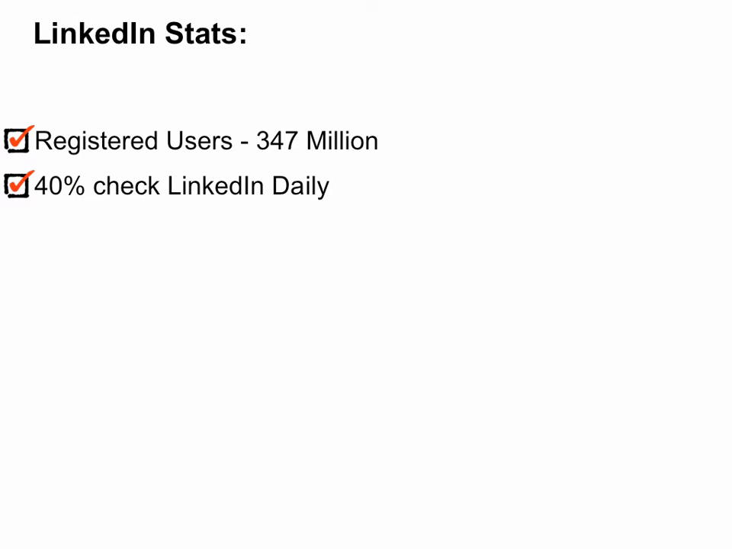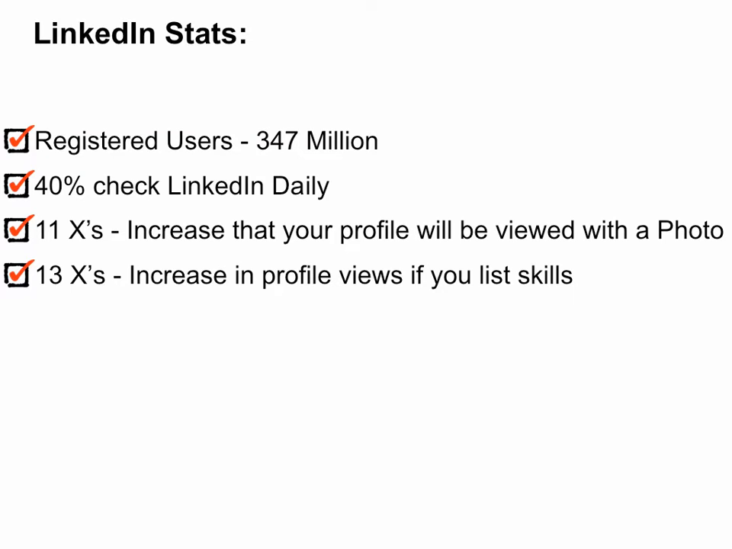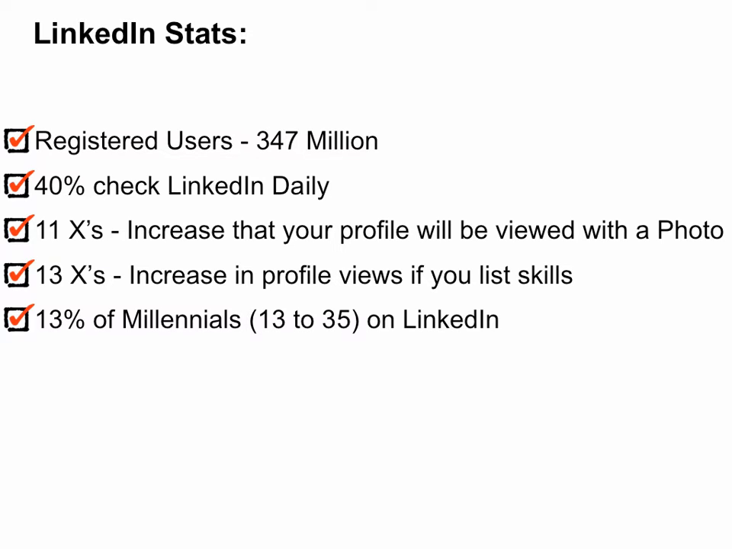40% of users check LinkedIn daily. If you have a photo on your profile, your profile will be viewed 11 times more than if you don't have a photo. And if you list your skills, you're going to get 13 times more views than if you don't list your skills. So those are two key takeaway points you really should take a look at: